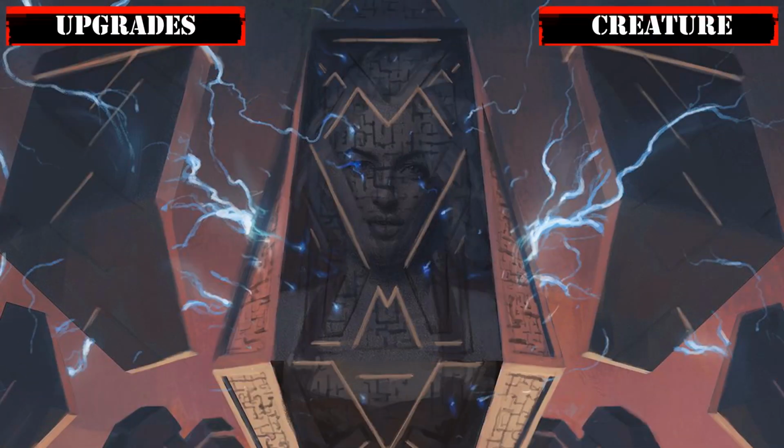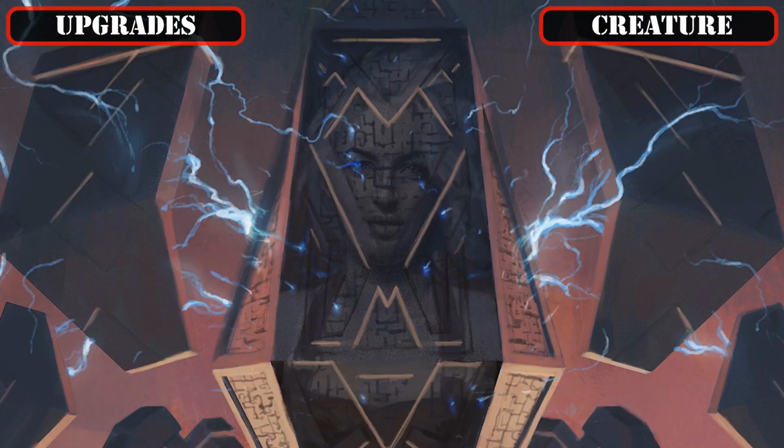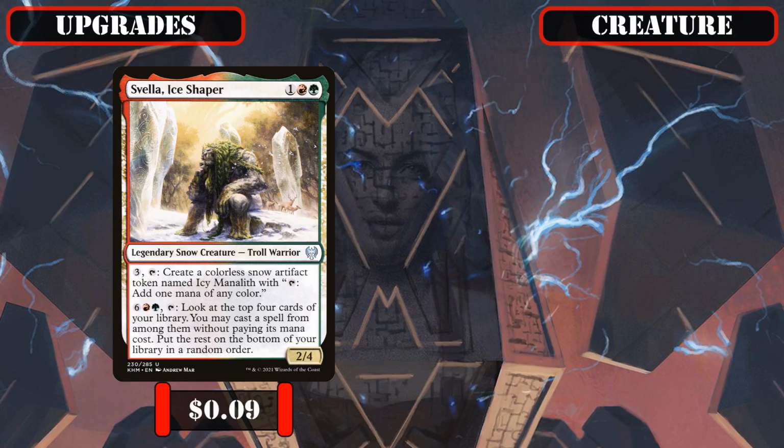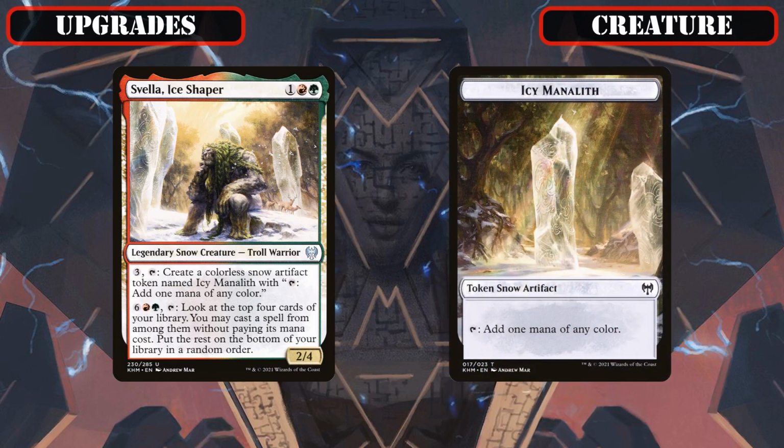Opening with our creature upgrades, we'll first begin by further expanding our build's unique artifact token production capability by replacing non-token creating creatures from the base build with a new wave of legendary artifact token generators, starting with the too expensive Hellkite Igniter being cut in favor of Svella, Ice Shaper, who initially gives us access to Icy Manalith tokens to help ramp us, and later serves as a mana sink that we can pump mana into to cast spells